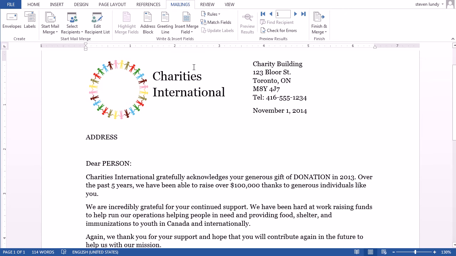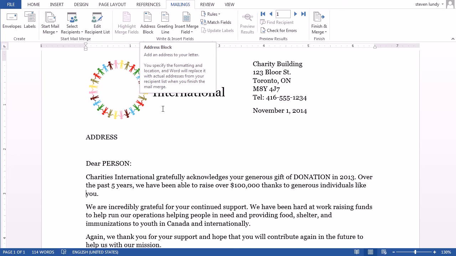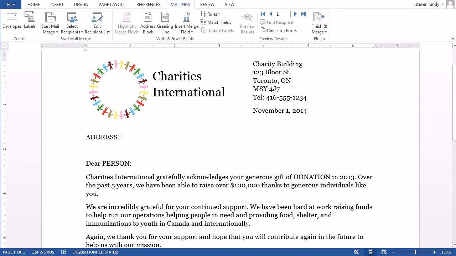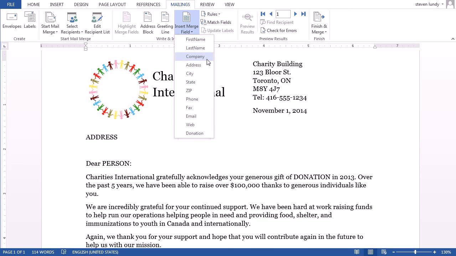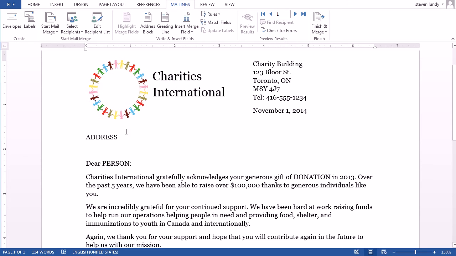Word has a couple of special merge fields, like the greeting line merge field and the address block merge field. These are very common tasks used in mail merge, but I can also just insert merge fields individually, inserting their first name, last name, company, etc., which will just bring in the information from that list into my letter. So let's get started. I'm going to add an address block here,